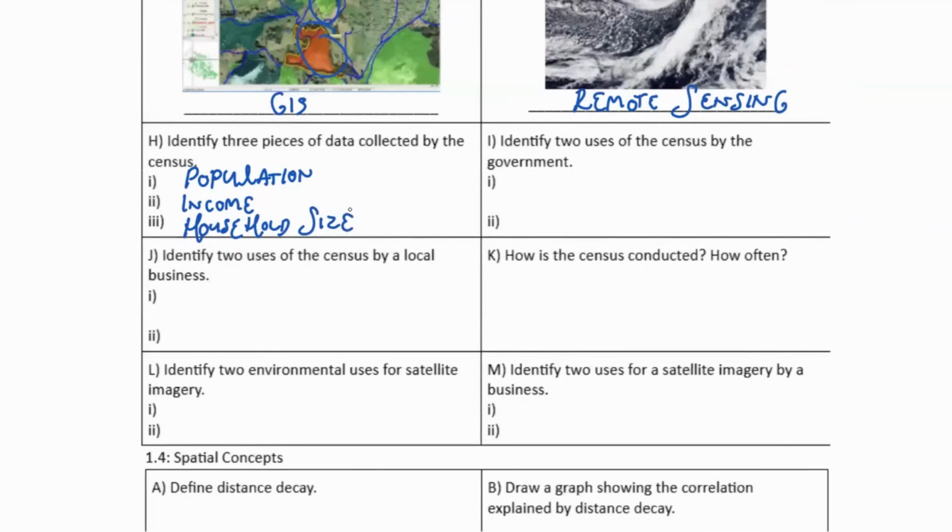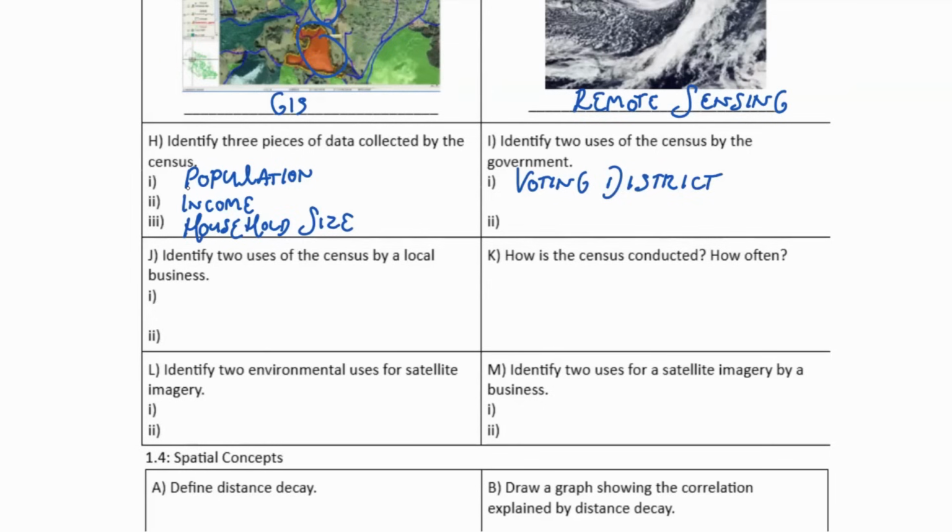One way that the government uses the census is to establish voting districts within the state. So let's say you're in Texas. Every voting district has to be the same in terms of population. So that's why the census comes in handy. If it was just the same in size, then we wouldn't need the census, because the census doesn't take the size